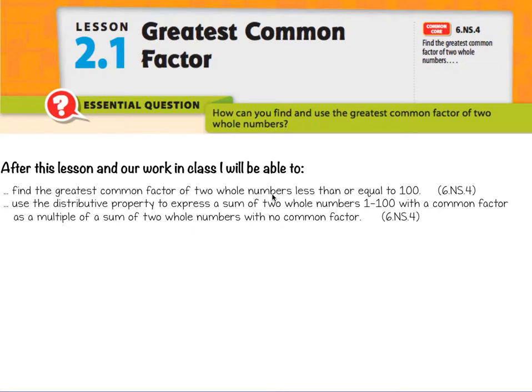All right, here we are in lesson 2-1, module 2, lesson 1, greatest common factor. Again, you should have already watched the vocabulary video that talks about what a greatest common factor is. Today we're going to talk about how to find the greatest common factor of two whole numbers that are less than or equal to 100. So any number that's between 1 and 100, that's a whole number, we're going to find the greatest common factor